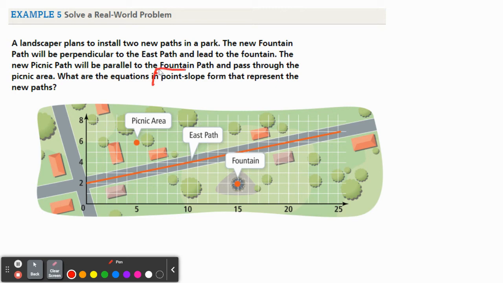Okay, so they kind of bail us out here. Point-slope form, not too bad. We won't have to do a lot of simplifying. Okay, so let's talk about the first one. So we're looking at